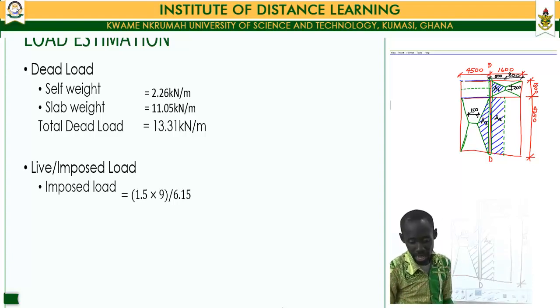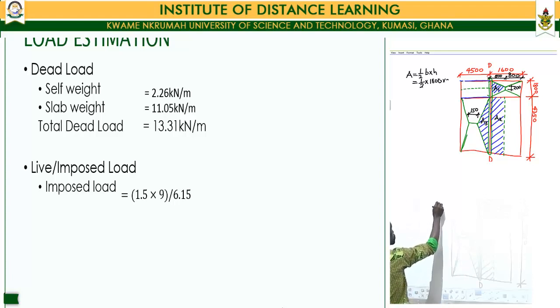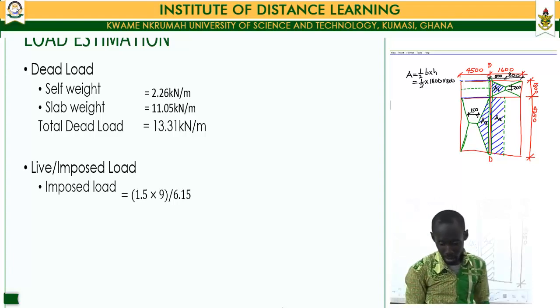If we consider area A1, it is a triangle, and that one is determined by multiplying half the base by the height. So this gives us half multiplied by a base, which is 1800, and the height, which is equal to 800. Multiplying everything